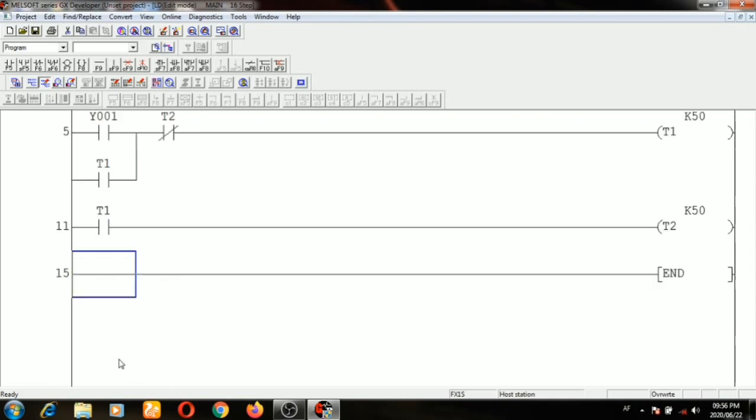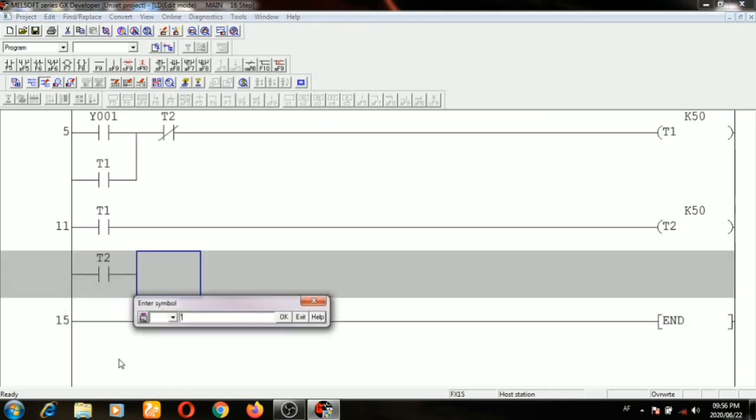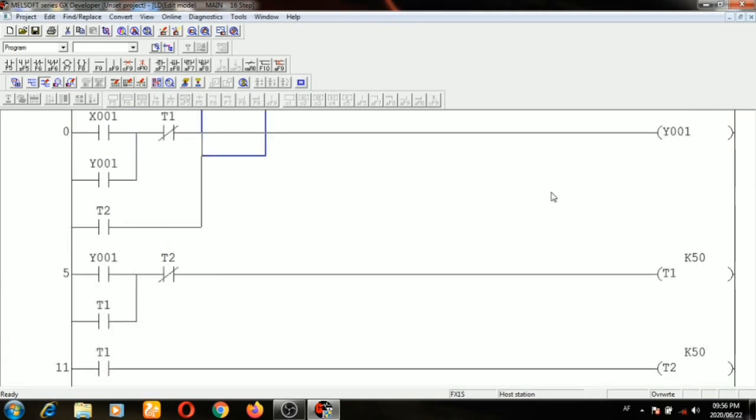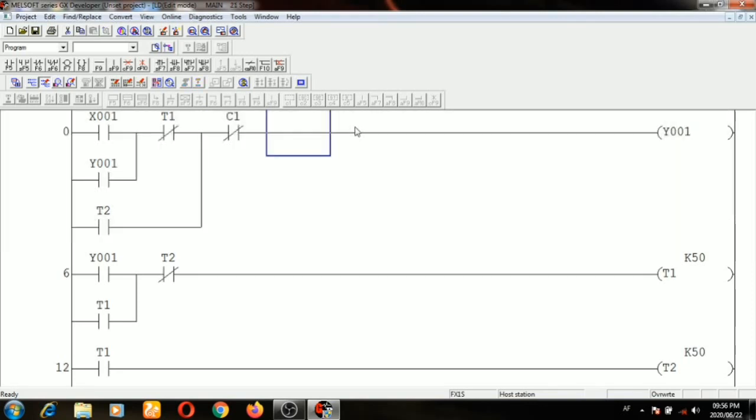So I'm going to put here LD T2, and then OUT, space, counter C1, K5, that means after a value of 5 the process will be stopped, LDI C1. Clear? So now let's check this program.